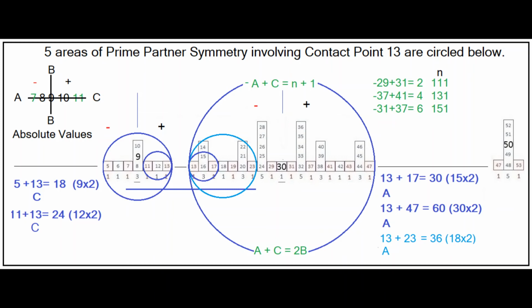Because the 2 positive 13s and the 2 negative 13s cancel each other out, one negative 13 still remains as a value. 41 has 3 prime partners, which is a typical number within multiple radius code segments. This A plus C equals 2B formula only works if the absolute value of the numbers is used, without their positive or negative signs. This creates a paradox because if the center point is neutral, it must be at 0,